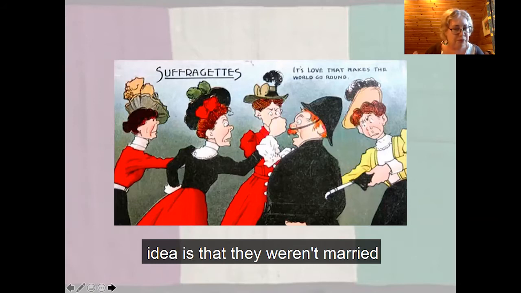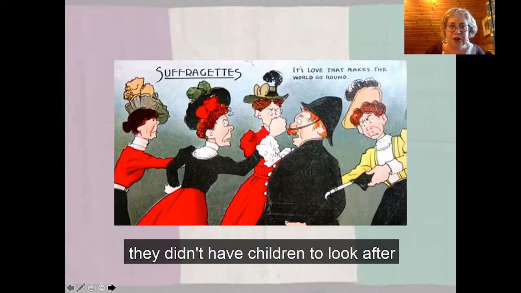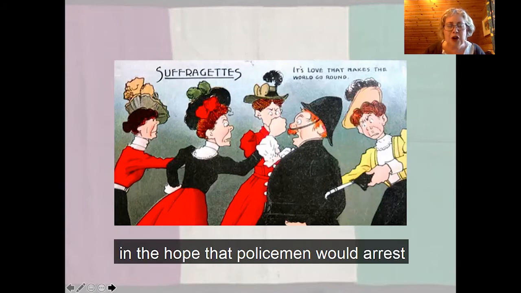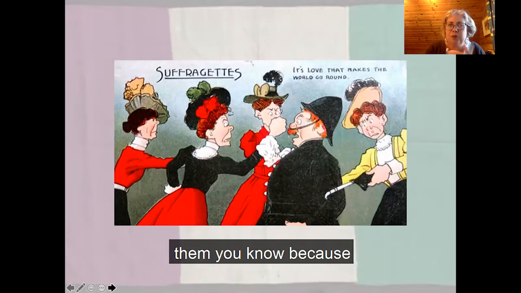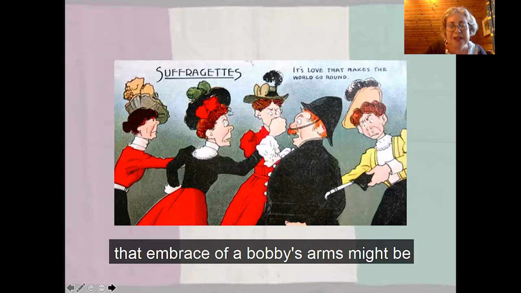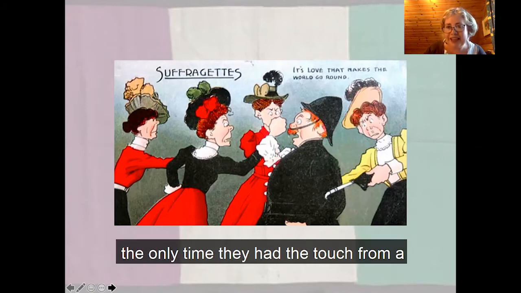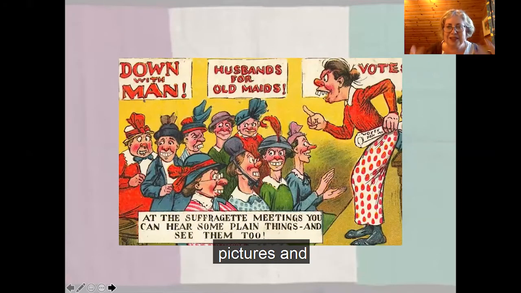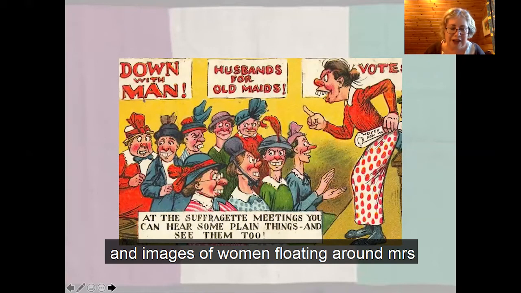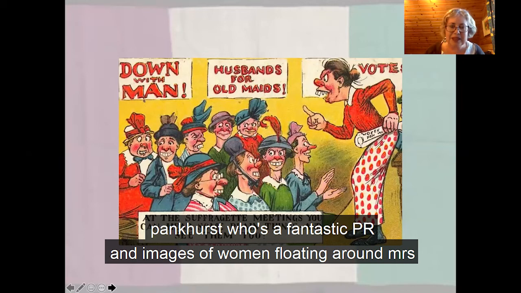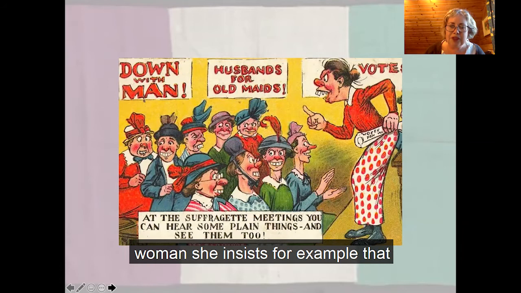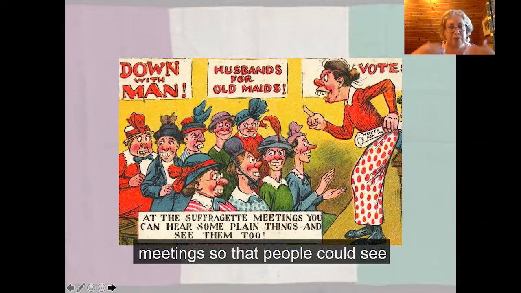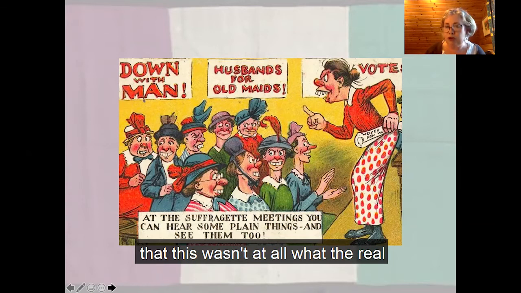And the idea is that they weren't married, they didn't have children to look after. And also it was suggested that they attacked policemen in the hope that policemen would arrest them, because that embrace of a Bobby's arms might be, it was suggested, the only time they had the touch from a man. So we have all these really awful pictures and images of women floating around. Mrs. Pankhurst, who's a fantastic PR woman, she insists, for example, that the most attractive girls in the WSPU sit at the front of the meetings so that people could see that this wasn't at all what the real suffragettes